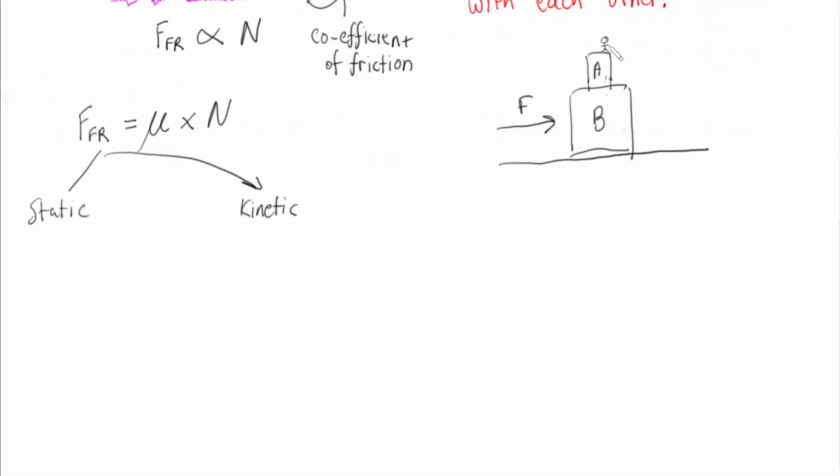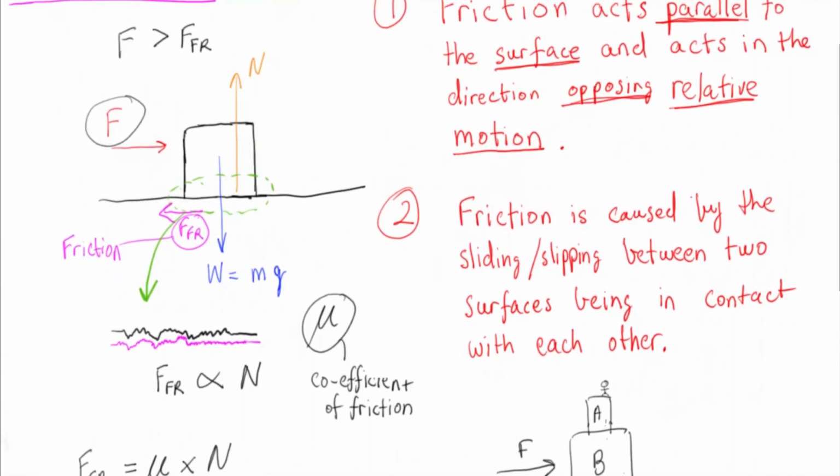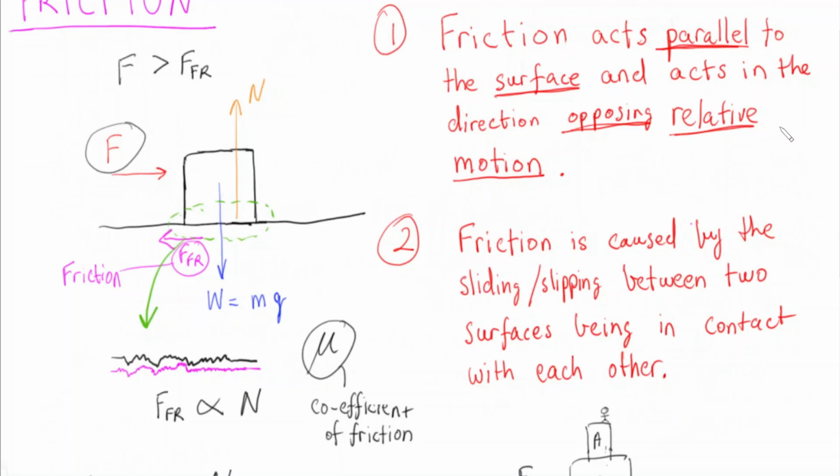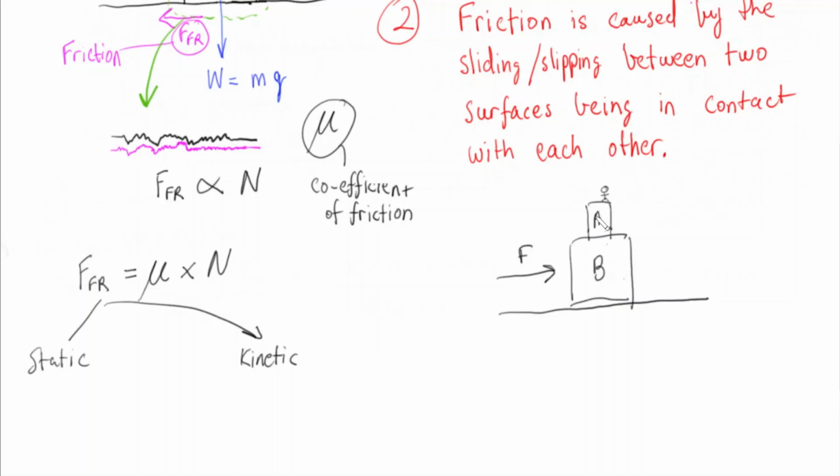So if we look at the relative motion of block B in comparison to block A, we can see that from block A, block B would be moving away from us towards the right. And if we scroll up, we can see that the frictional force acts in the direction opposing relative motion. Therefore, the frictional force acting on block B, imposed by the slipping caused by block A, would be towards the left, because block B would be moving right relative to block A. And I can write that in as a vector, so I can say F of Fr experienced by B is